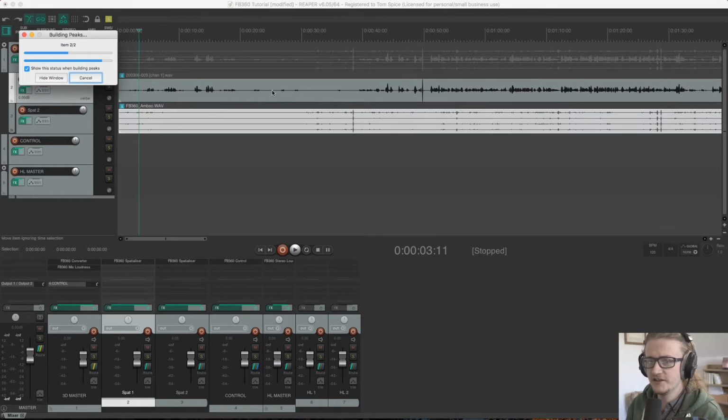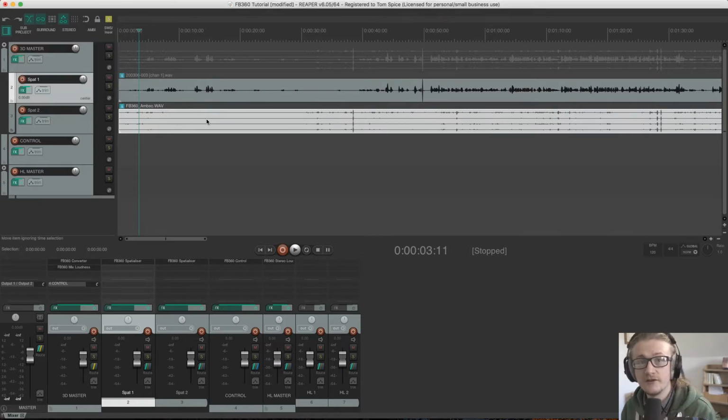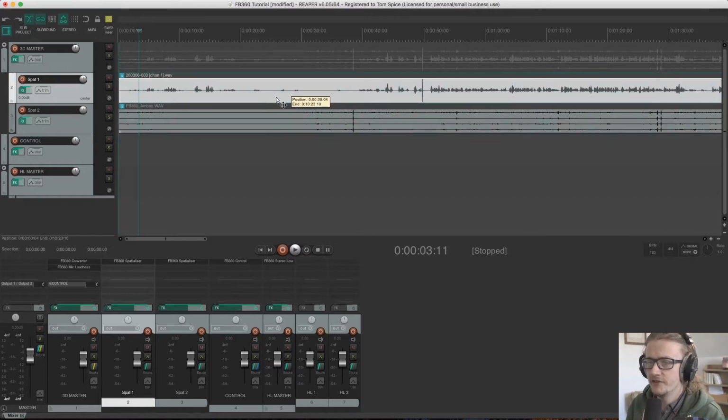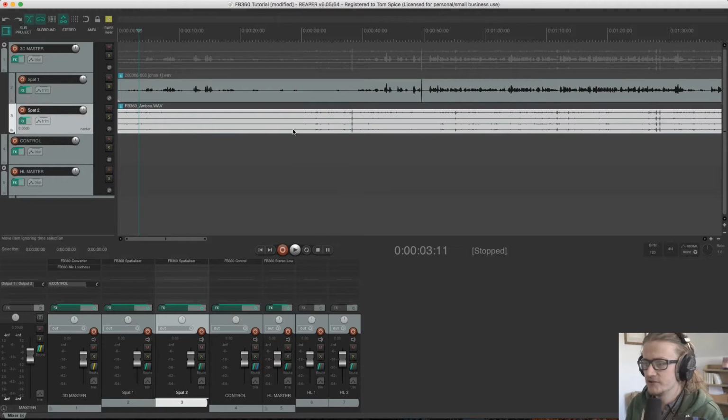And you can see from the way Reaper has generated the waveforms that this one is a mono file because we have a single channel, and this one is a multi-channel first order ambisonic recording. You can also see that I've got a couple of sync points here. So there's a clap there and a clap there. And very usefully, Reaper displays the information from child tracks in an overlay in the parent track, so that can make it very easy to do stuff like aligning tracks and syncing things up,